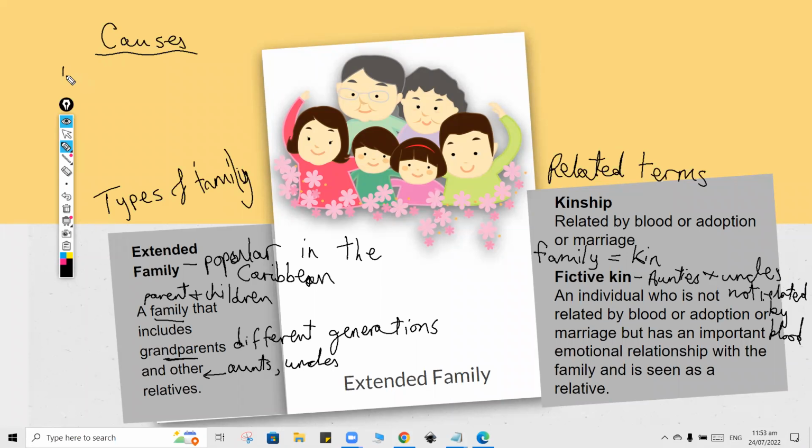So one cause is money, right? So the need for support, the need for financial support, right? From additional